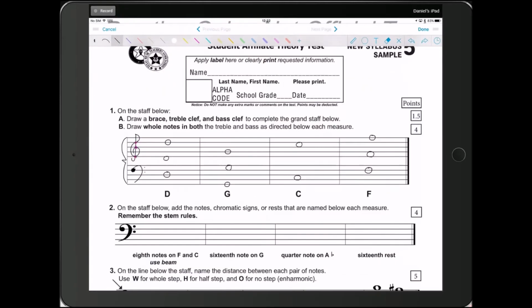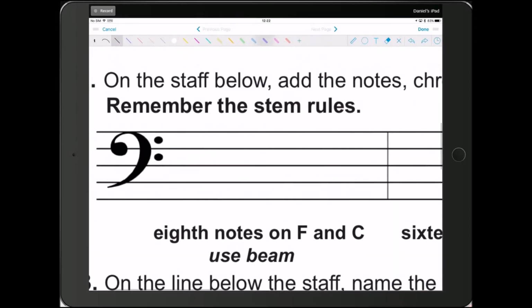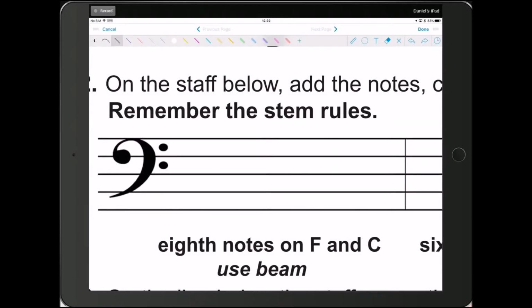Alright. Now let's move on to question number 2. It says, on the staff below, add the notes, chromatic signs, or rests that are named below each measure. Remember the stem rules. Okay, so let's go over this real quick. First, before we do this, I did this in the 4th grade test videos, so you can go back and check that out. But here, we are going to go